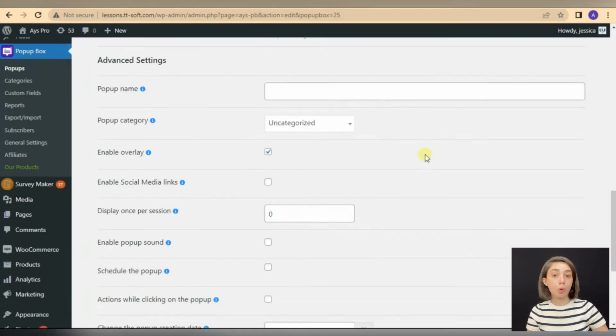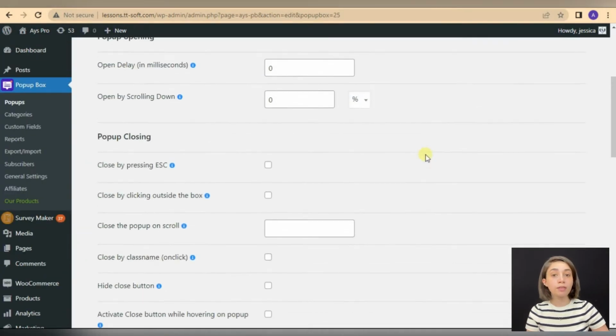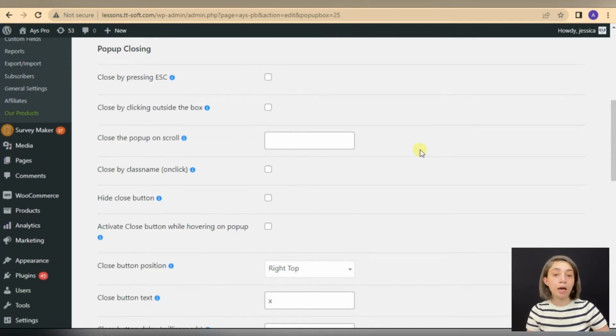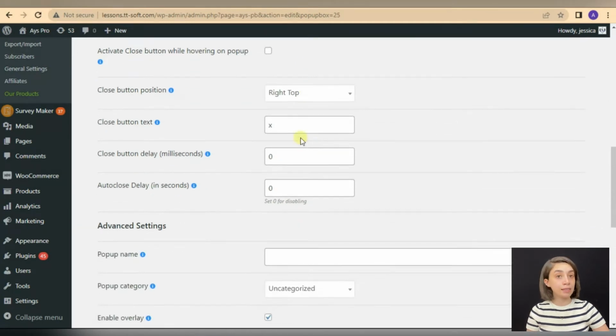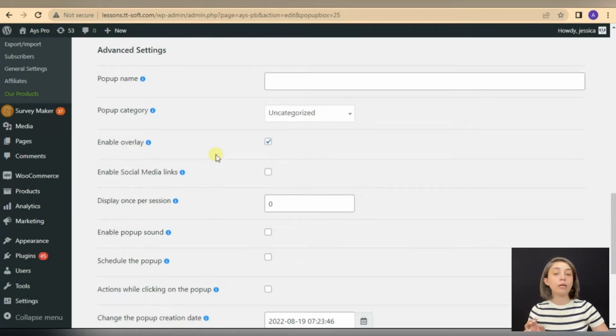Same goes for pop-up closing effects. You can decide how you want to close your pop-up. It can be closed by class name, on click, and on scroll by clicking outside the box, and you can even hide your close button, which I do not really recommend. However, Popup Box offers any functionality, and here we have also advanced settings where you can write down your pop-up